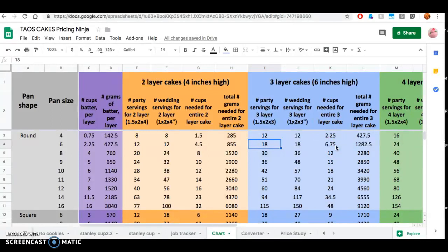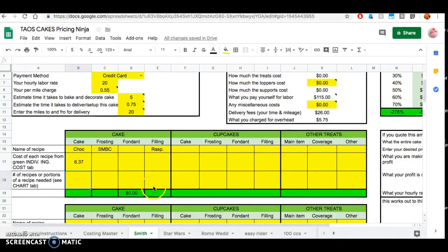Okay, so now I know that. I might want to make a note of that with pen and paper somewhere. So let's look. I need 1282 since I'm working in grams. So let's go back to Smith. Now I know